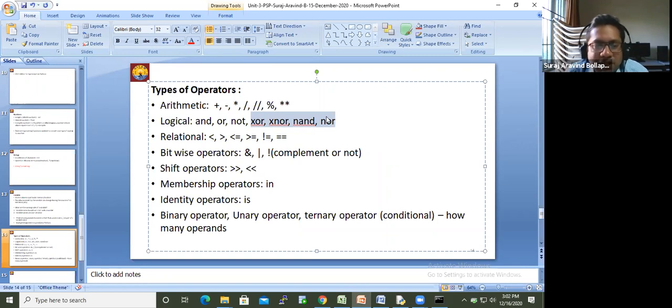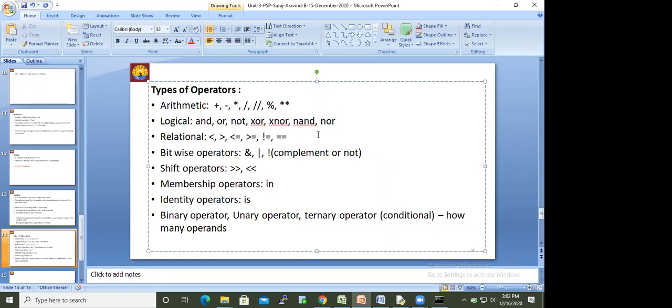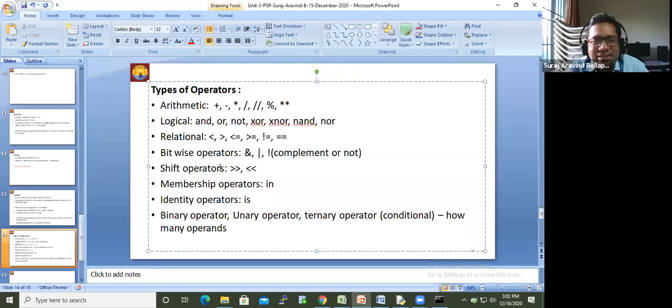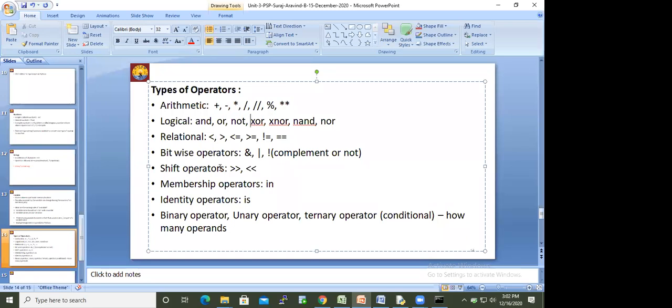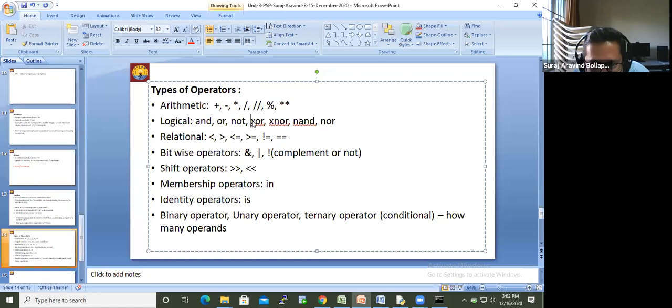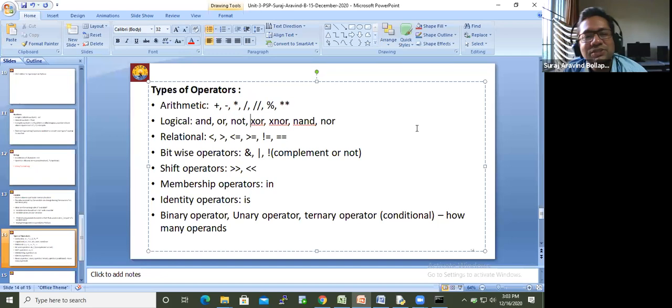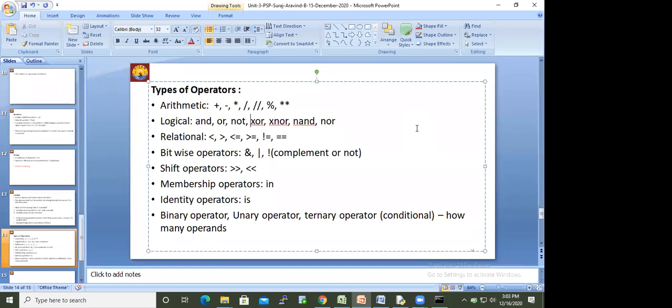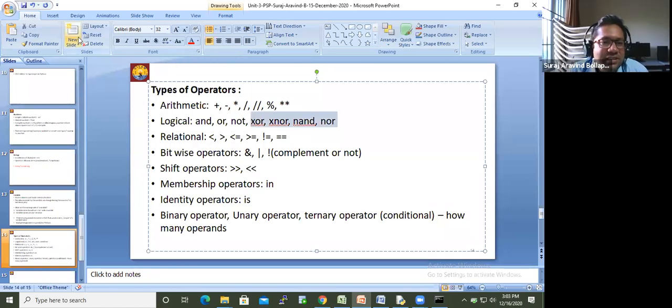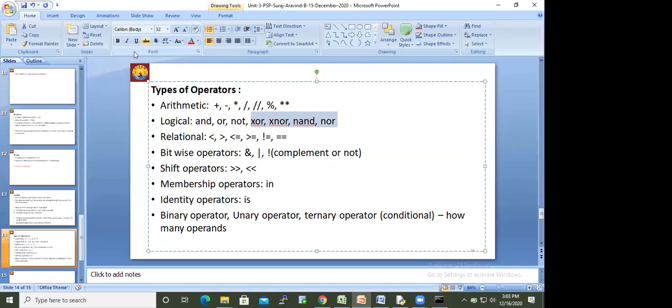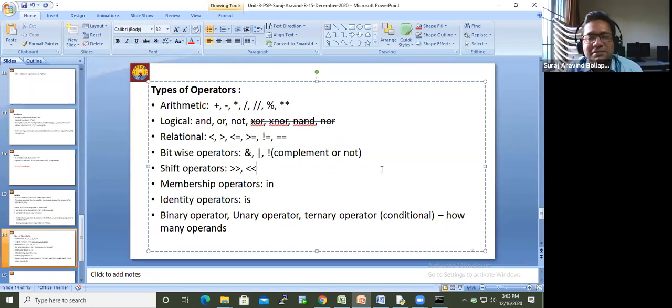Sir, these are actually not working. Uppercase capital X, sir, check it. I tried that also, sir, it's not working. X or X not, and nothing, sir. I think only the and, or and not operators work, sir, because those three are the basic gates. Not also not working, sir. Let us see it later.